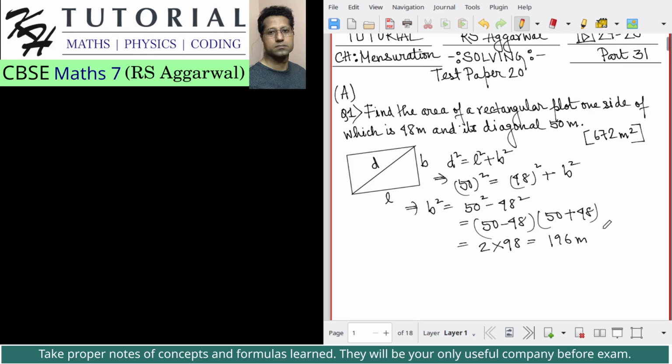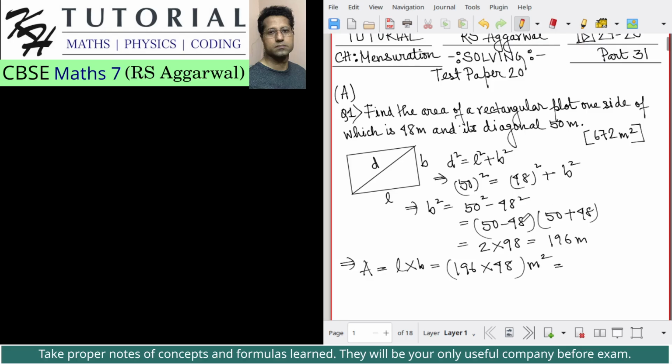Actually it will be the length anyway. So we have to find the area. Area of a rectangular field is length multiplied by breadth. So length is 196 and breadth is 48, this much meter square. I will use a calculator to do the calculations. I'm sorry for this, but you must always do the calculation by hand. 196 multiplied by 48 is... I think I've done something wrong. Okay, so